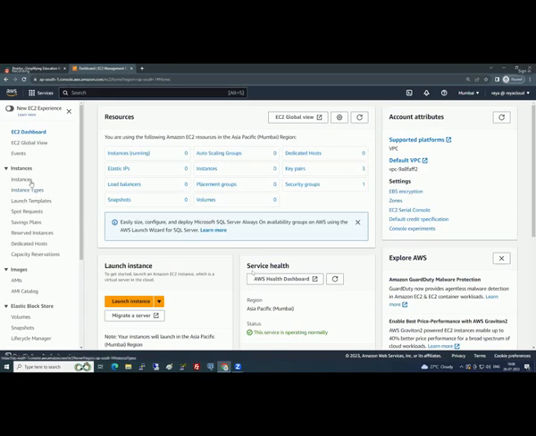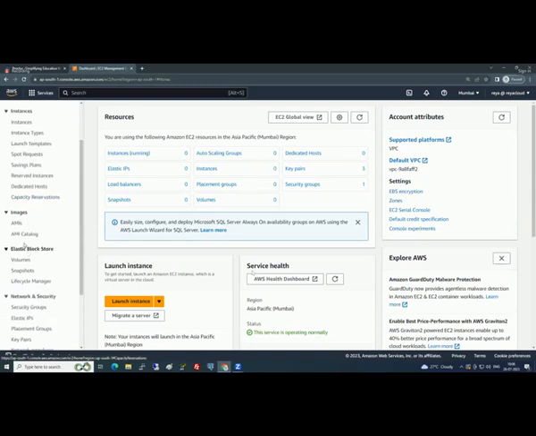On the left side, we have instance types, like T2 micro, launch templates, spot, savings, reserved, dedicated host, capacity reservation, AMIs, volumes, snapshots.